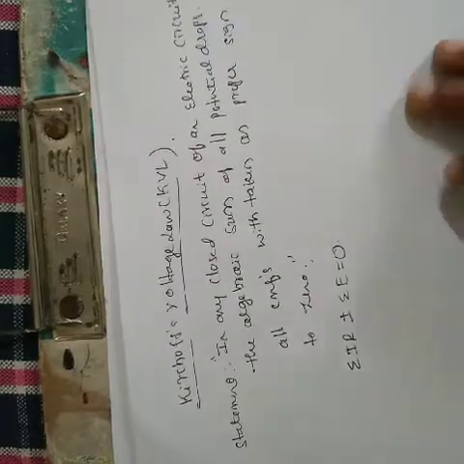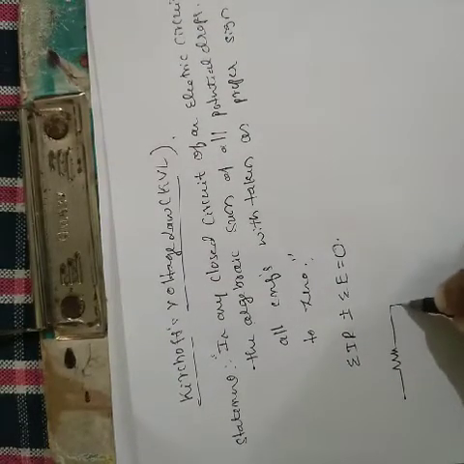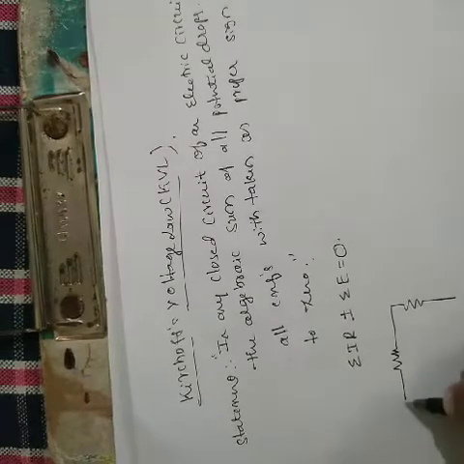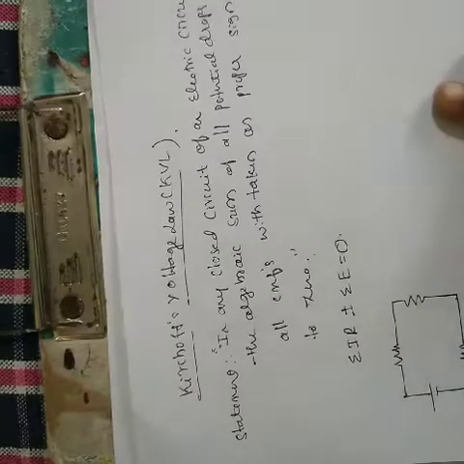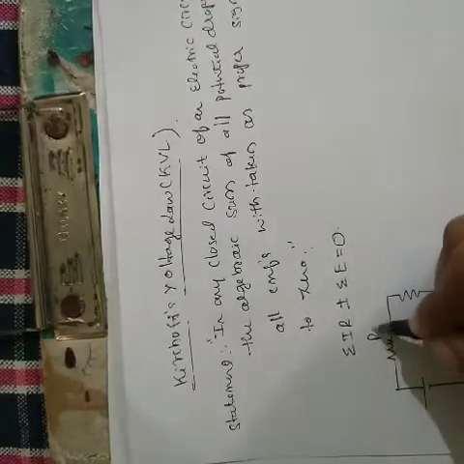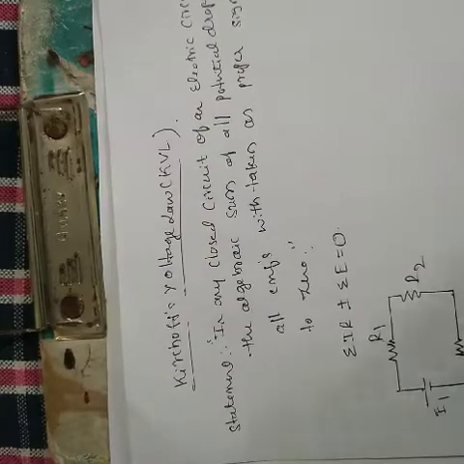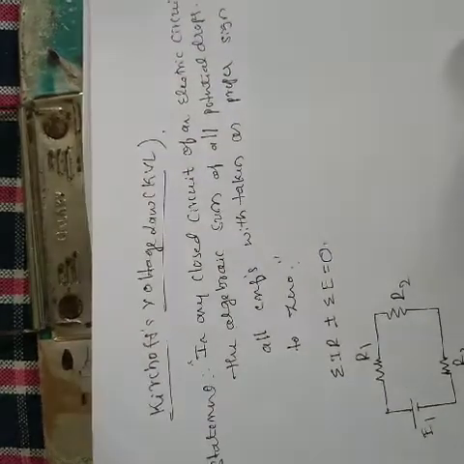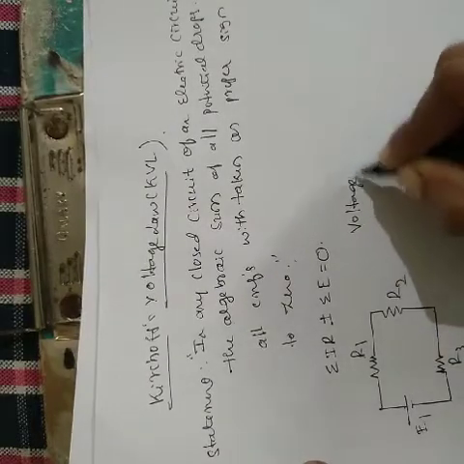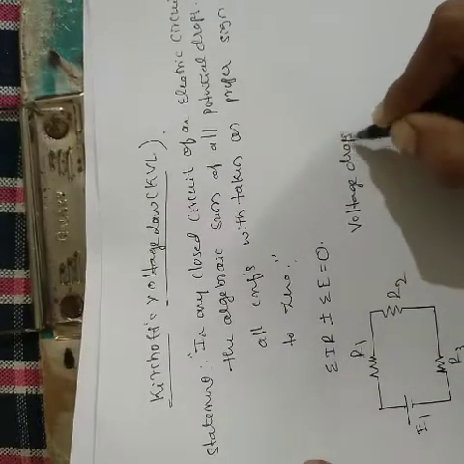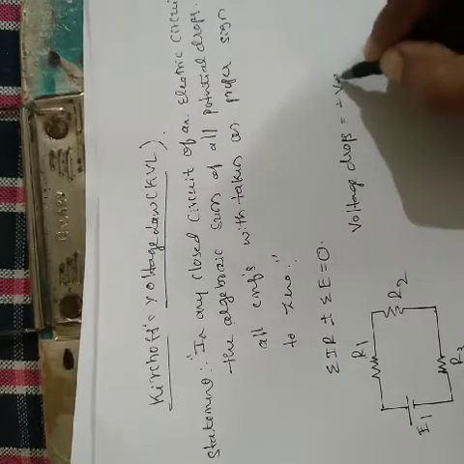If you consider any one simple electric circuit having circuit elements, okay, this is one simple electric circuit, then call this R1, R2, R3, and this is one EMF source. In any KVL equation, some voltage drops we can take as negative sign.